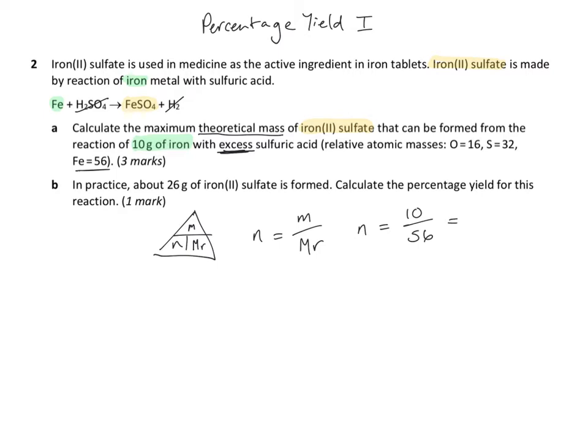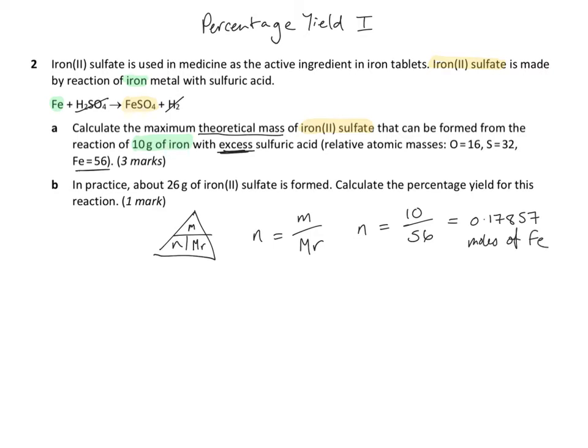Okay, so it equals 0.17857, and I'm not rounding that. I'm taking that to 5 decimal places at the moment because if I round it now, I can give myself a decimal point error further down. Okay, so now I know that I've got 0.17857 moles